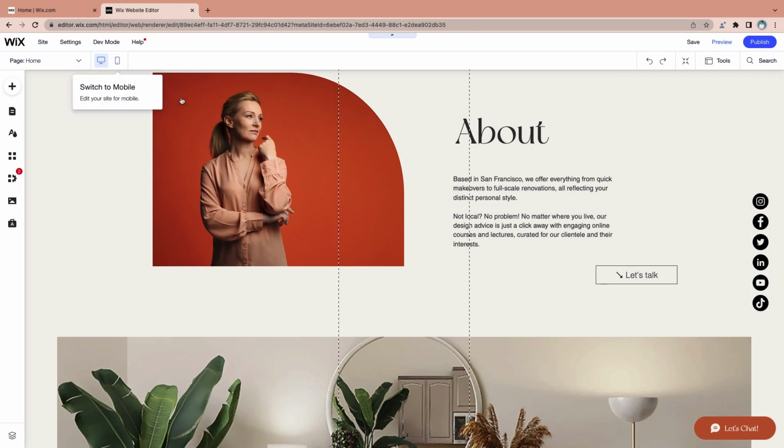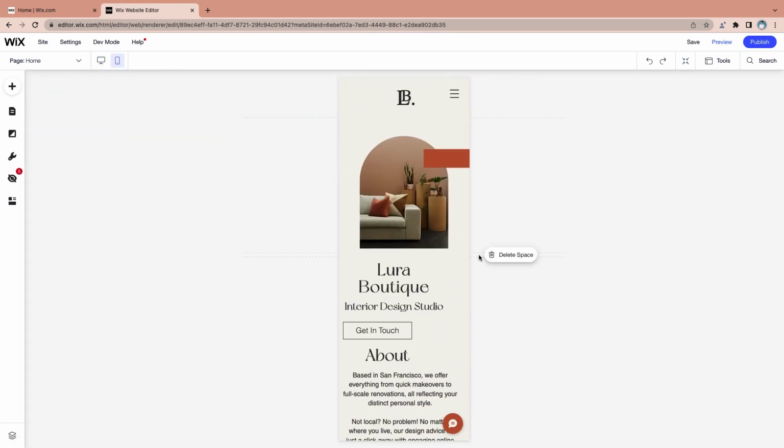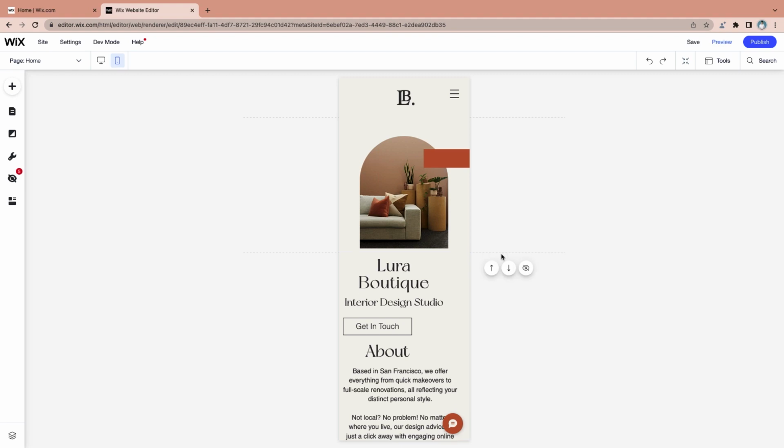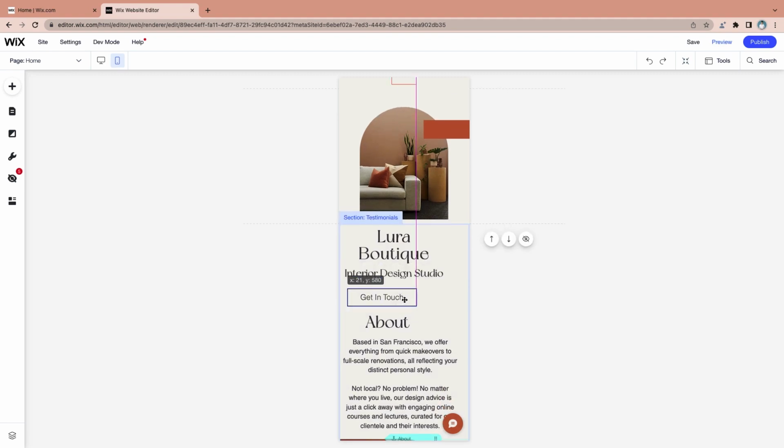It's really easy to forget about mobile when you're creating a site on desktop. But the reality is, more than half of your visitors will actually be coming to your site from their phones. So you're going to want to adjust for the small screen, and things move more quickly on mobile. Here, it's all about getting users what they need and fast. So I'll click on my mobile view up here. And here, it's all about minimizing that scroll. So delete any extra spaces that you have, and make sure that it's all aligned for mobile.